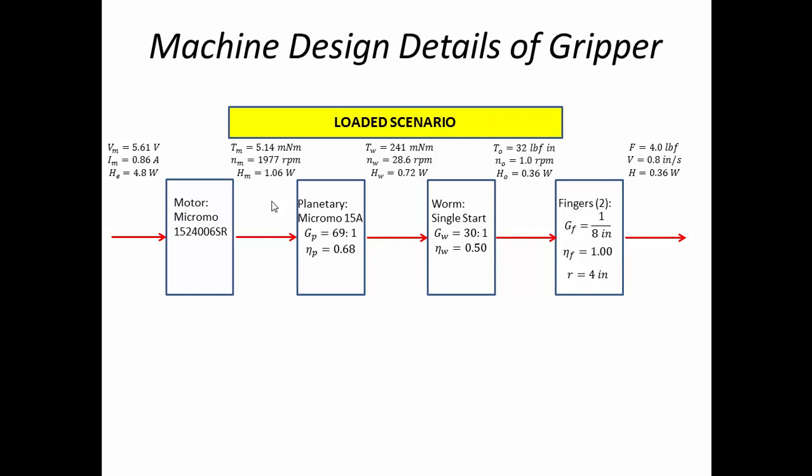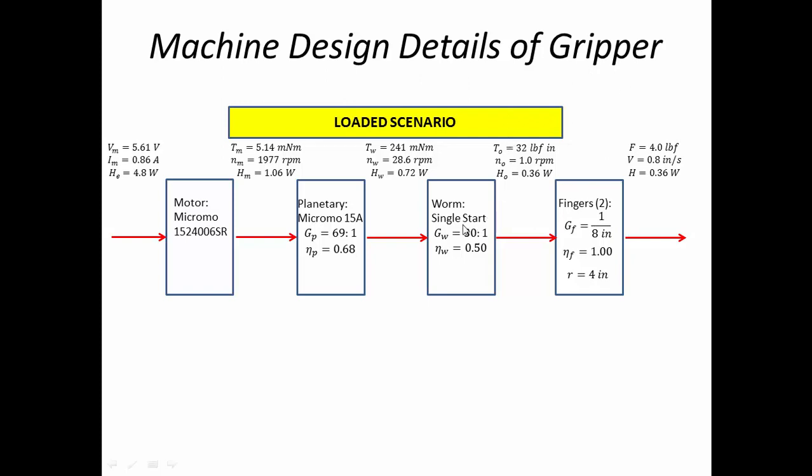The motor spins at almost 2,000 RPM, and it's about a watt. That feeds the planetary gearhead, and the output of the planetary gearhead needs to be about 240 millinewton meters, about 29 RPM, so a little bit less power,